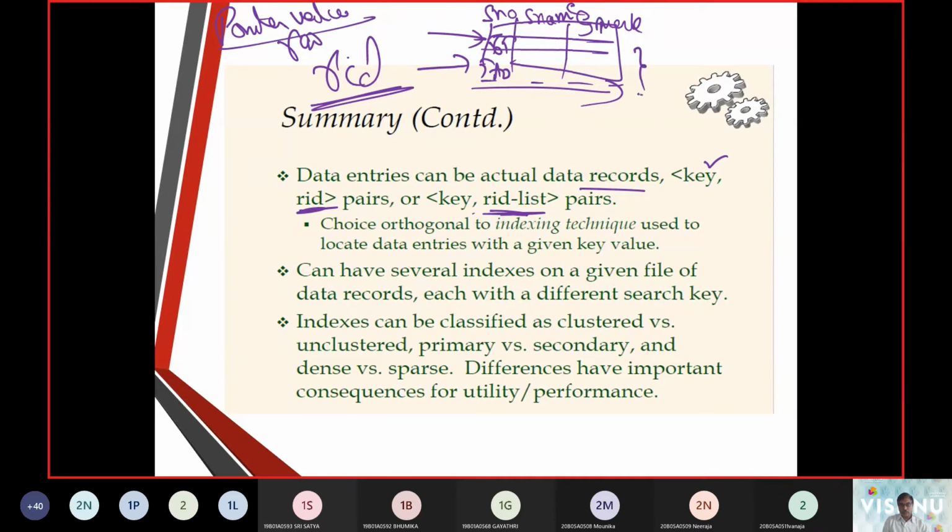Now this collection, we call it a list of row IDs. So that is what we gave here as row ID elements. Then we have a search key value. So search key value is going to be taken up with the student number. It is more or less equal to a search key value, like a primary key, etc.